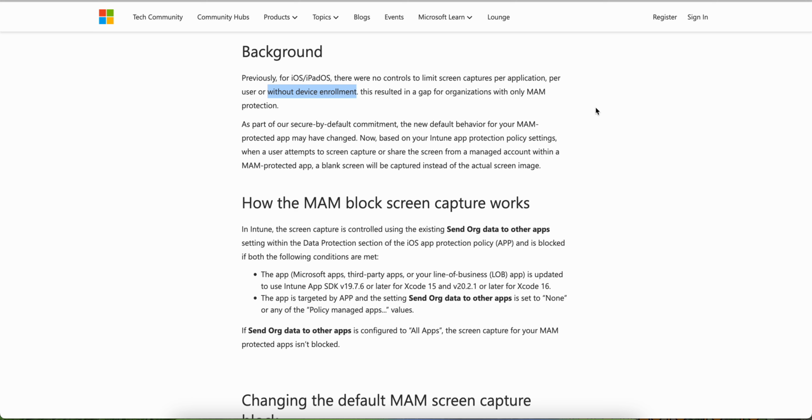If your devices were fully managed as MDM managed, then you could block the screen capture through the restrictions policy, which I have already made a video about. I will put the video link in the description if you want to block the screen capture for fully managed devices, for the entire device on iOS. But in this video,